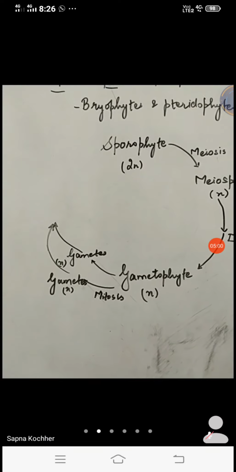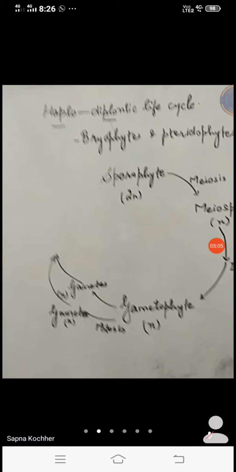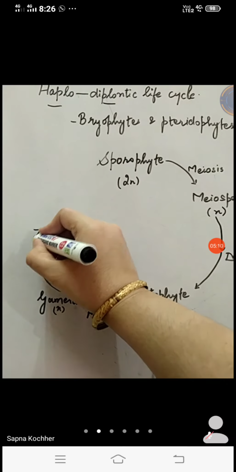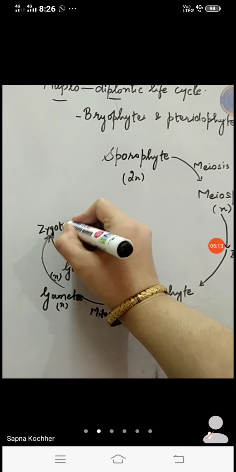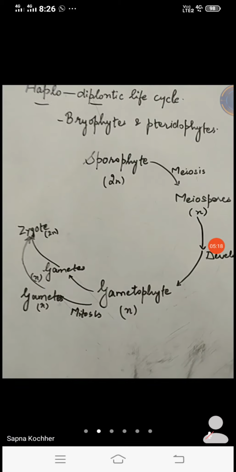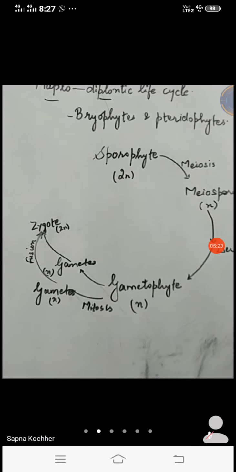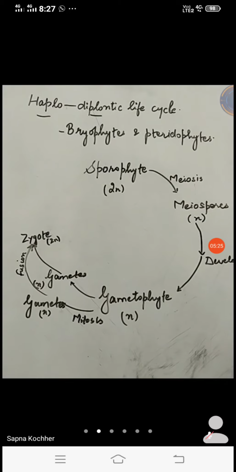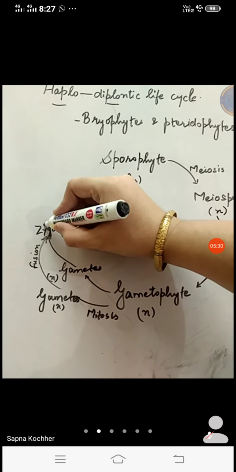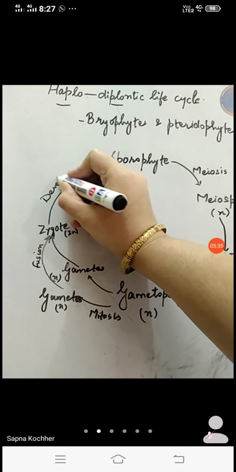They lead to the further formation of a new structure, which we name a zygote. This is the formation of the zygote, a diploid structure created after the process of fusion or fertilization of the gametes. Clear? The zygote is now a 2n structure, and this 2n structure will finally produce the sporophyte, undergoing developmental changes.